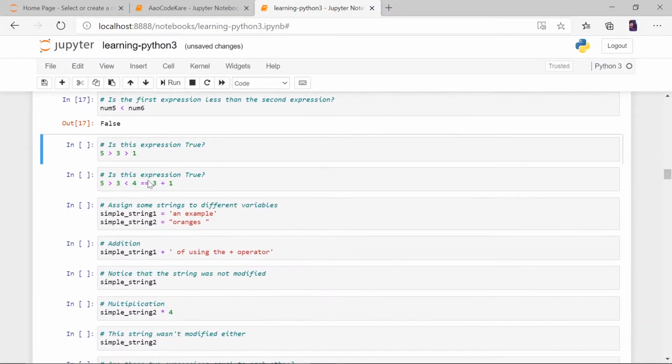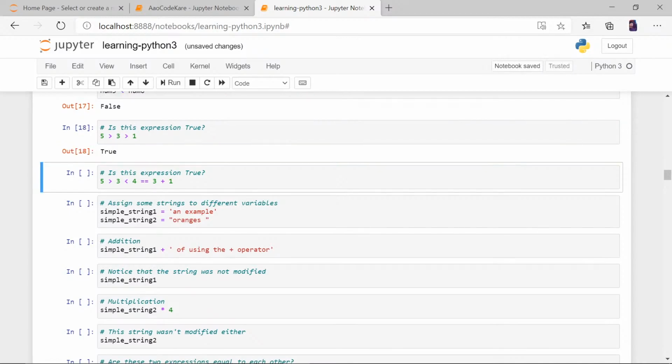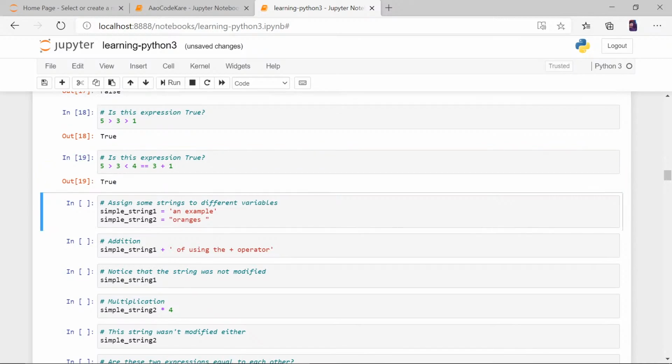Okay, this expression. Yes, this is the favorite part. If you want to see if some number is in range of some numbers, like you want to say some number is in between 1 to 5, some number is in between 1 to 10, what you can do is put the greater than sign and add the limits here, like 1 to 5, and then put the number in between. So it will give you true or false.